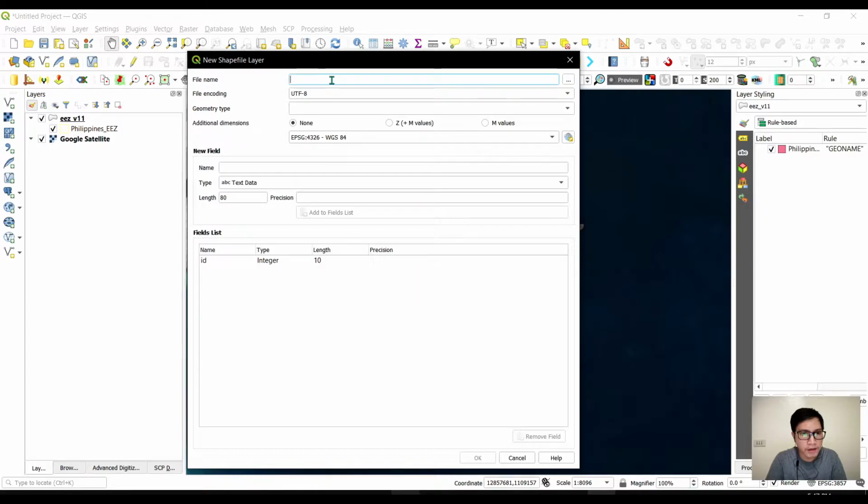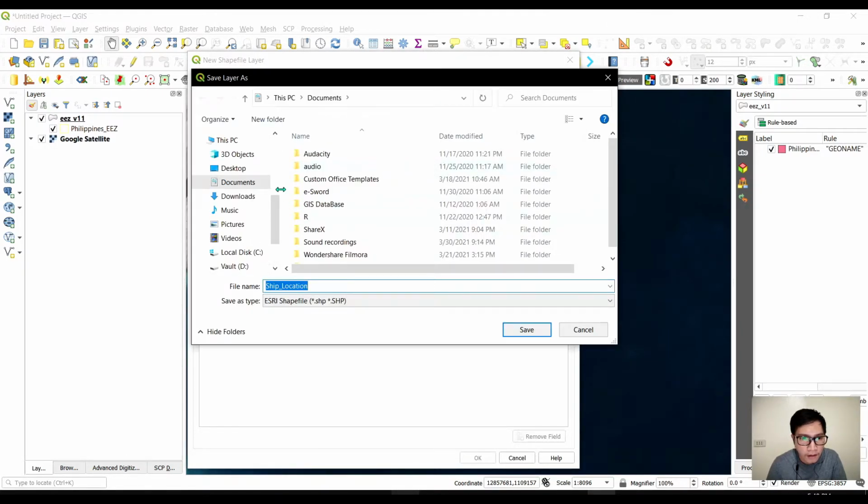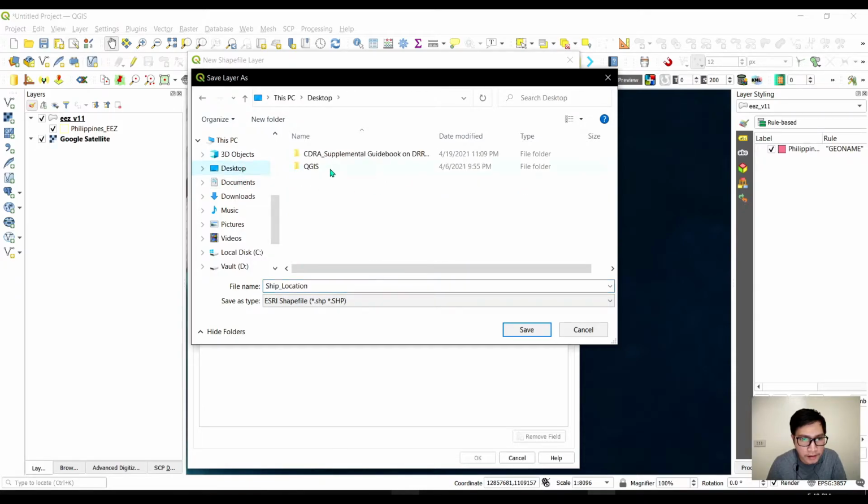Since we are digitizing ships, let's input ship underscore location, because we want to digitize the location of these ships. And then let's save this shapefile. Click the ellipsis or the three dots, and let's go to our QGIS